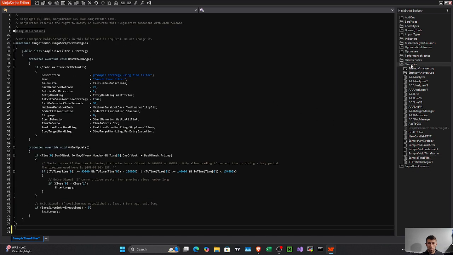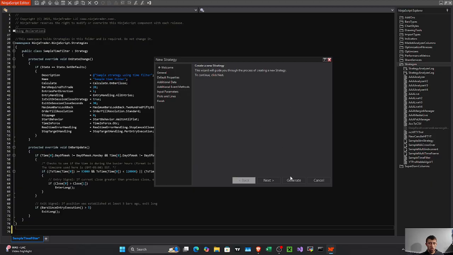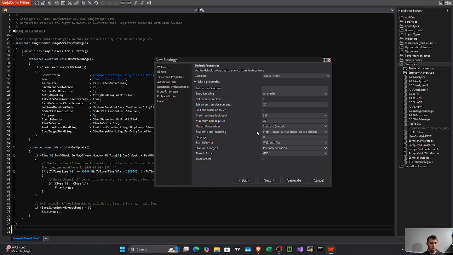To make your own strategy, we're going to go to strategies, right click it, new strategy. We'll name it my first strat. Now, all of these will actually make it a little quicker. You don't have to change any code, but it's the same thing. So you can read what each of these do in the documentation. But in this case, all we want is slippage of 2. I always do immediately submit synchronized accounts,